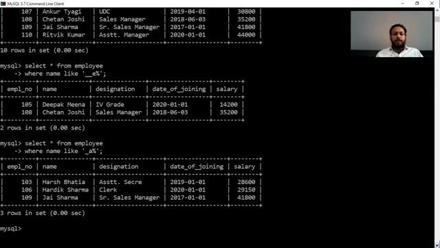There are three persons, Harsh Bhatia, Hardik Sharma and Jai Sharma, whose second character is A.